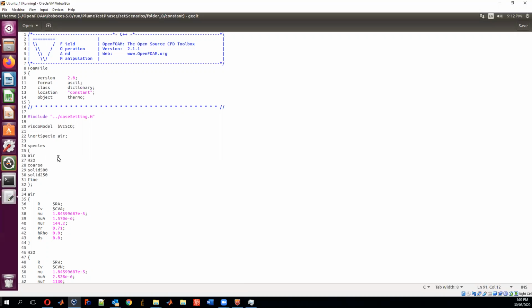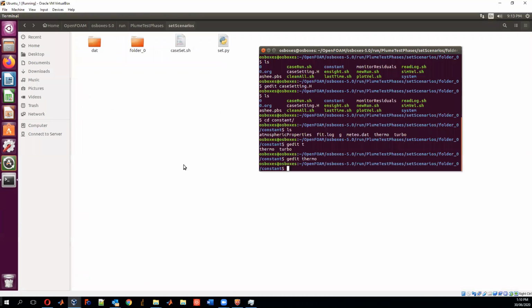So I believe we can close that now and exit out. Okay, fantastic. So now we've set the thermodynamic properties of our new particles. We've set their particle size and we've read in the density. Again, we're using the barotropic atmosphere, so we don't need to change anything in the atmospheric properties. So in fact,